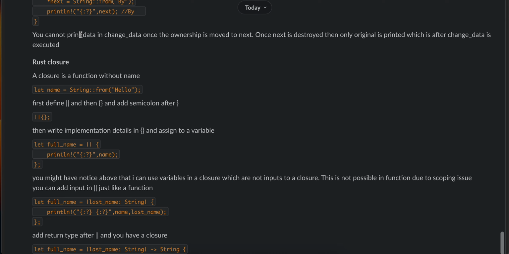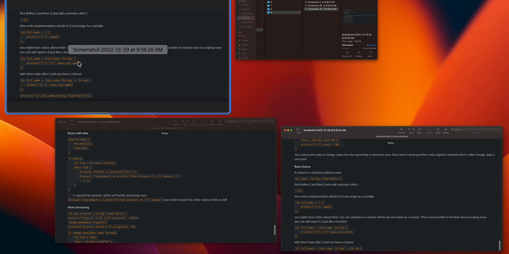You might have noticed above that I can use a variable in a closure which is not an input to a closure. That is not possible in a function due to scoping issue. You can add input in those two vertical lines just like a function. So I have added a last name as an input, and I am printing both name and last name. And then you can add a return type as well, just like a function after the two vertical lines. So you can add a return type here, you can see, and that's it, you have your own closure. So just to show you in a bit more detail,